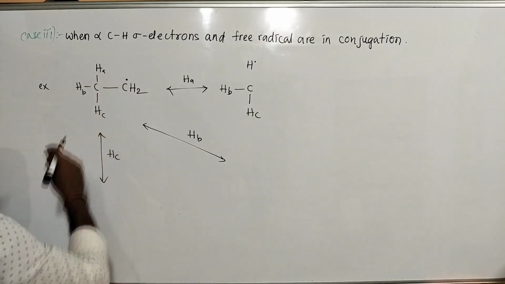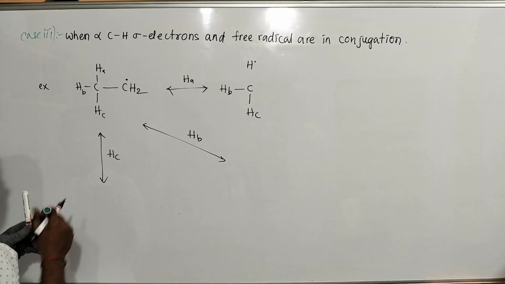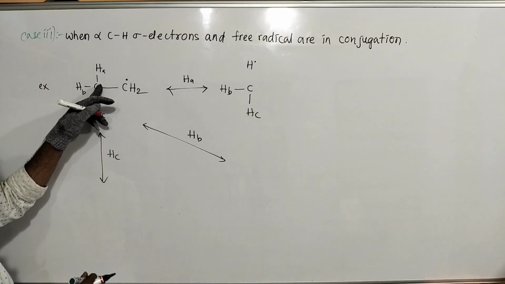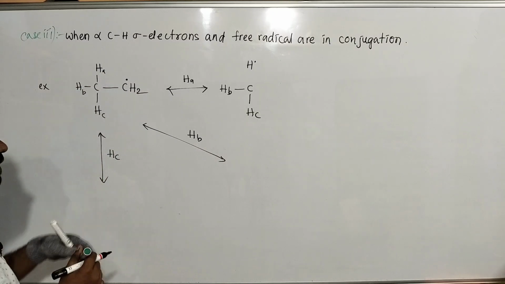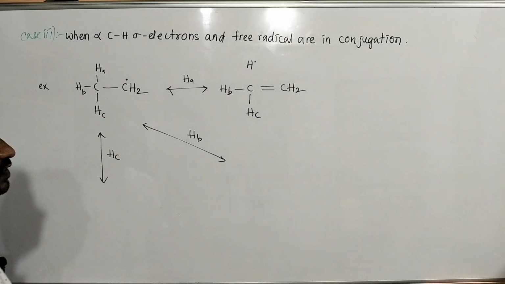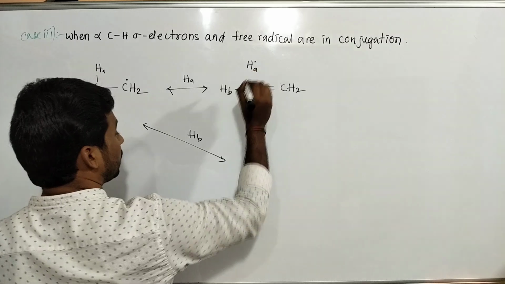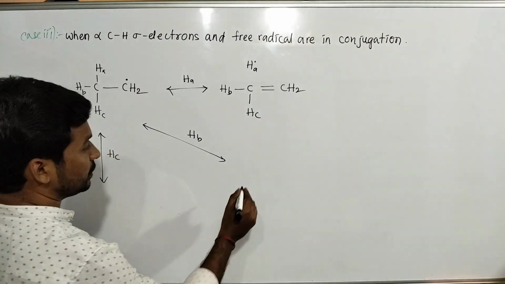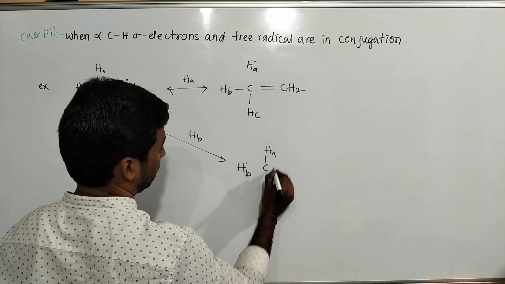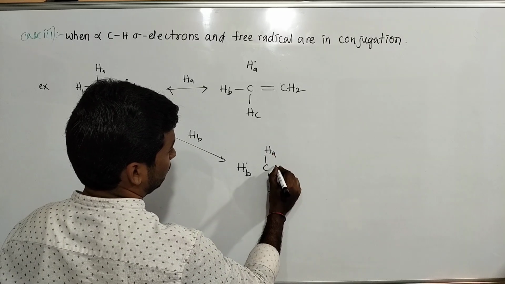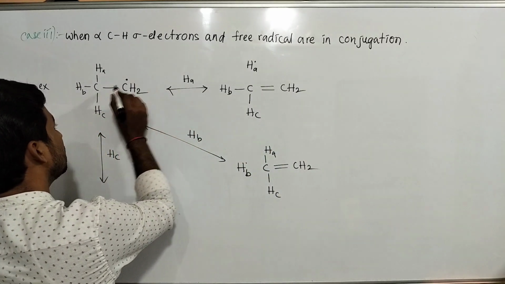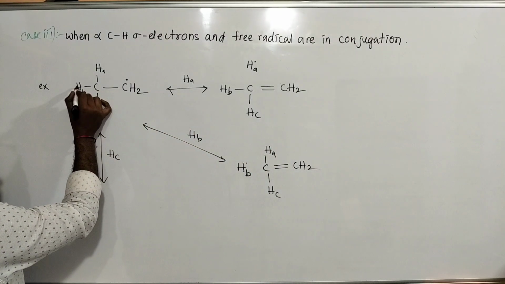This hydrogen and carbon become free radical. One bond taken by HA, one bond taken by this carbon. This carbon free radical forms a new bond, like this. HA hydrogen become free radical. Here HB hydrogen become free radical, and this is same and this is same. Here double bond between this carbon free radical and new carbon free radical due to homolytic bond cleavage of this